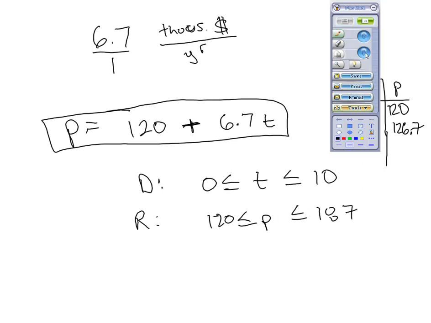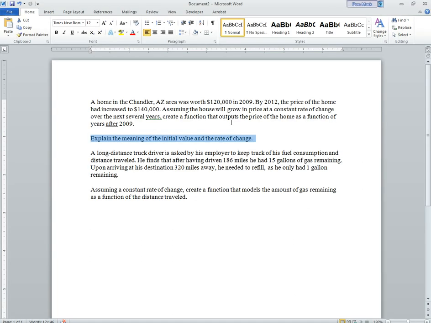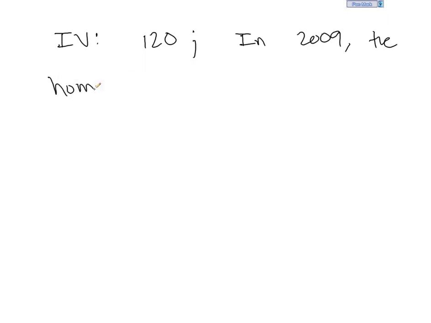So our initial value, which is 120,000, I'll just abbreviate IV, is 120. So what does this mean? We're asked to explain the meaning of. This means that in 2009, the home value was